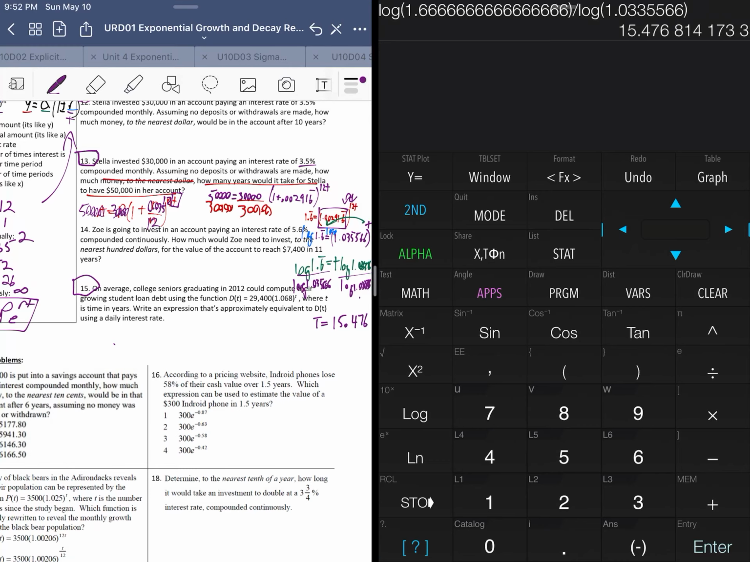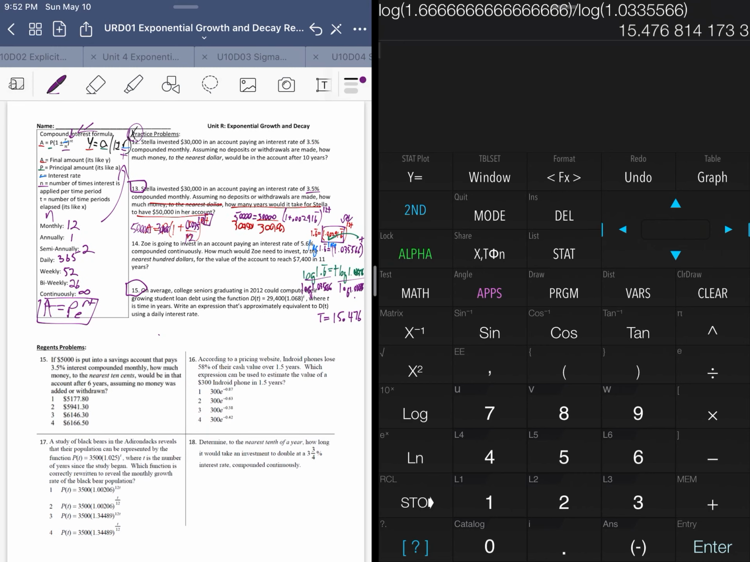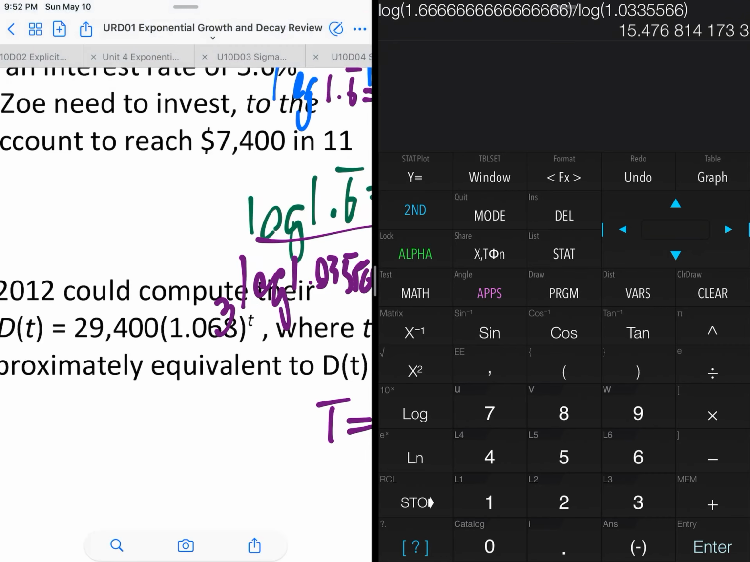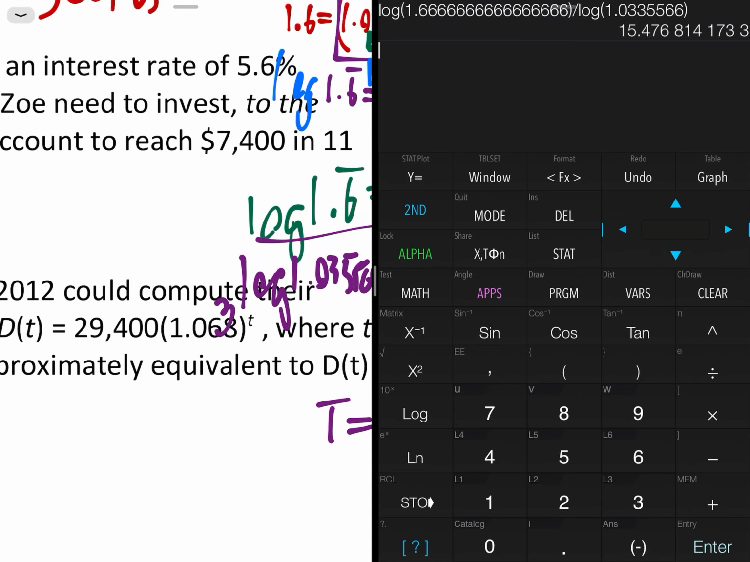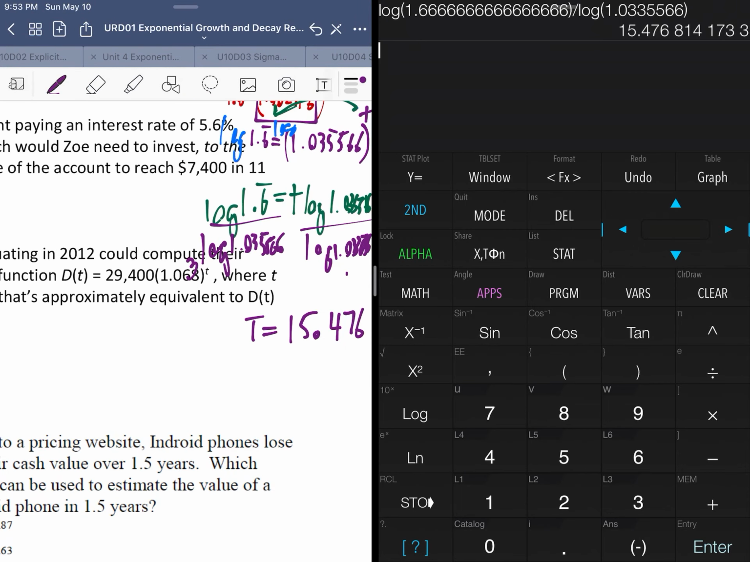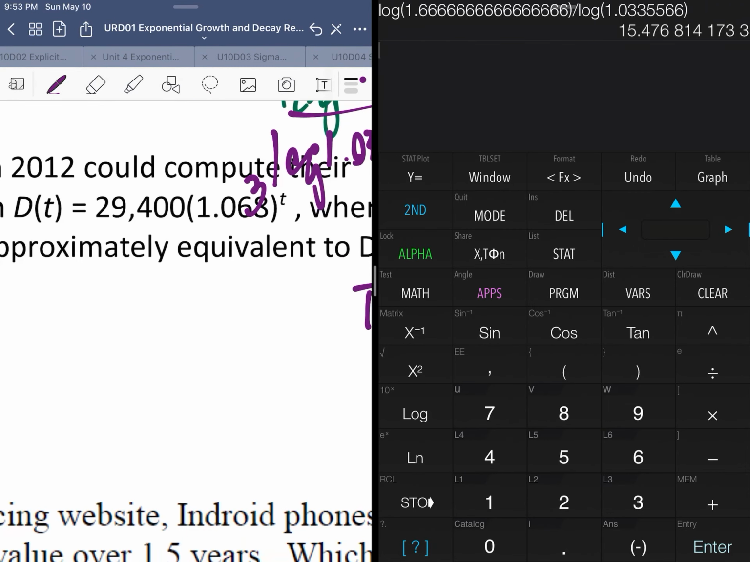So we're asked to create an expression to do this using a daily rate. In order to be daily, we need our problem to have the power become 365t. So that's what we're going to do. These are the most common problems that show up on the Regents. So in order to do that, we're going to take this problem. We're going to write 29,400 to the